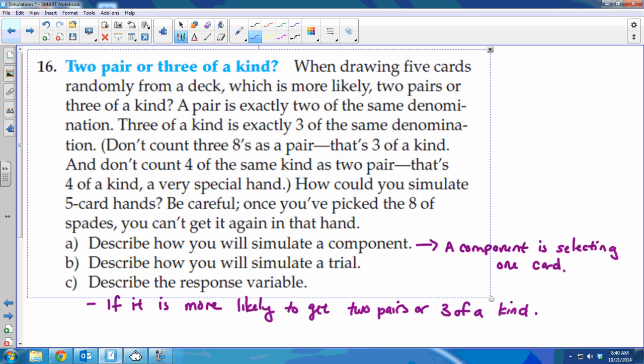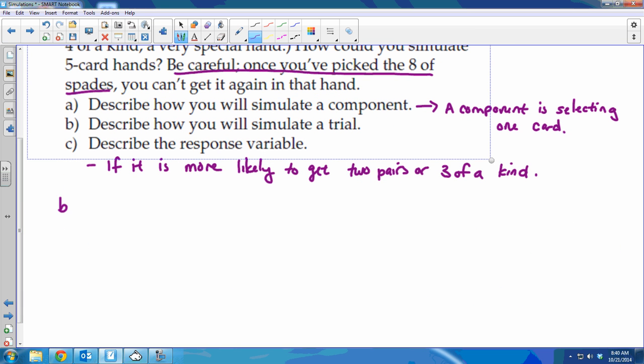But it's going to be more difficult when you're picking your cards, all right? It just told us up here to be careful. You have the 8 of spades. You can't have their 8 of spades. They're being very specific in this problem. It's going to matter the denomination and the suit. So because of that, you're going to have 2 digits to represent each card. If you have 2 digits to represent each card, then what are you going to do for one versus the other? Well, for part B, you're going to need to assign digits